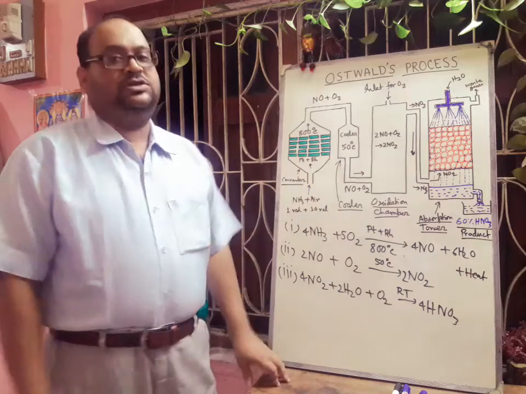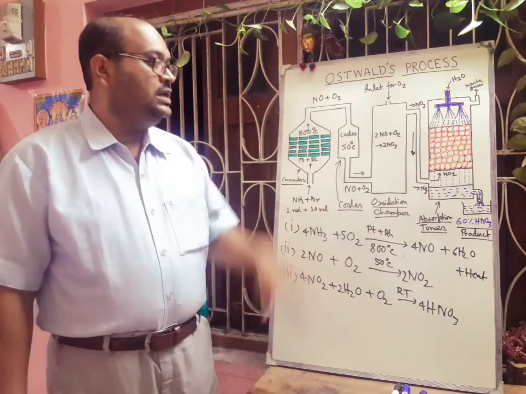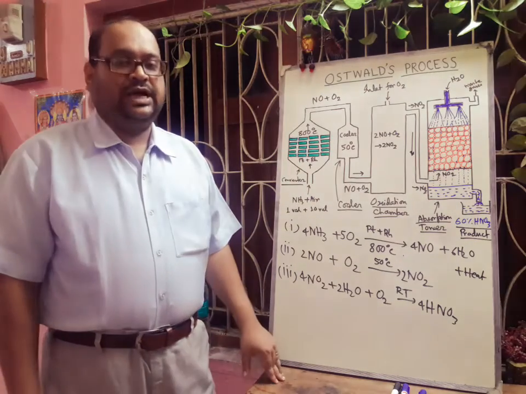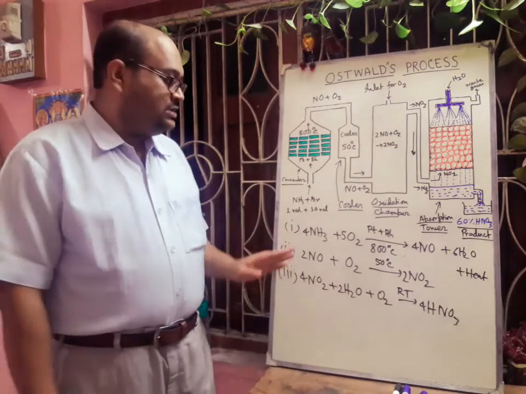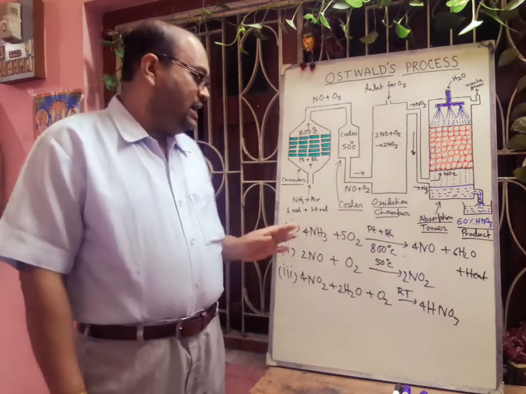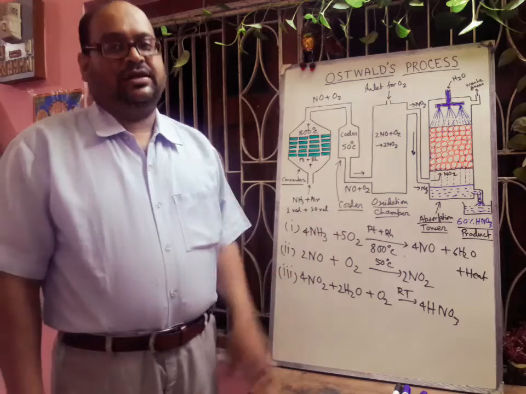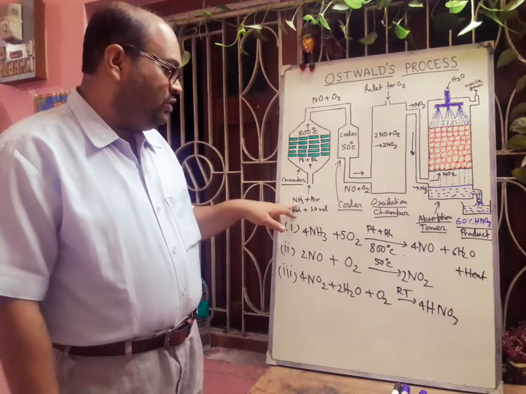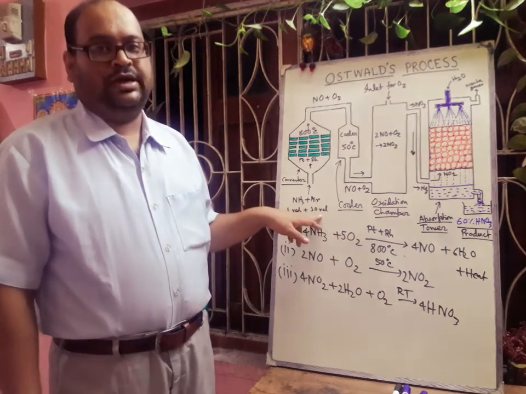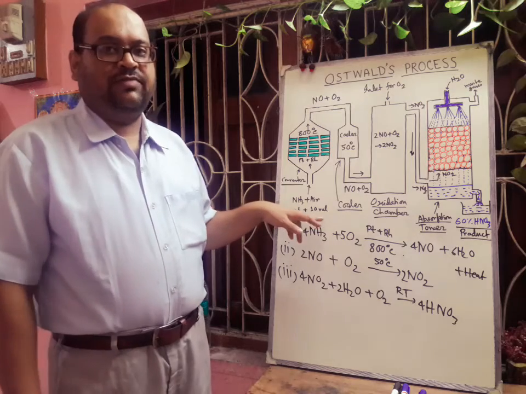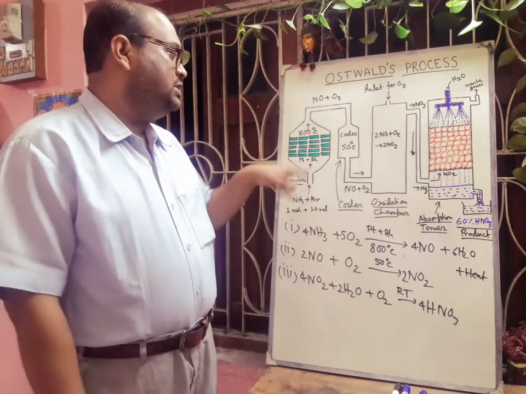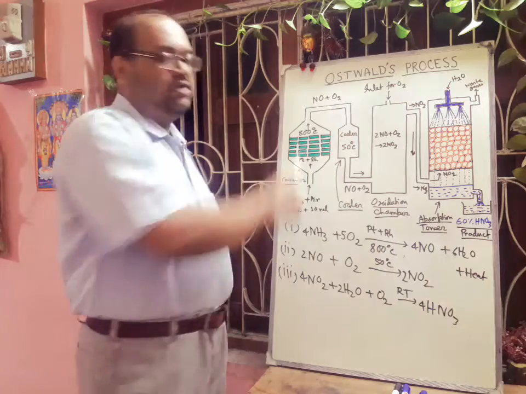Now we will discuss the procedure. Here one diagram is there, so you follow the diagram, then you can easily understand. First, we have to take a mixture of ammonia and dust-free air. Here it is written ammonia and dust-free air. What is the ratio? 1:10 by volume, and it is compressed and passed through the converter. This one is the converter.